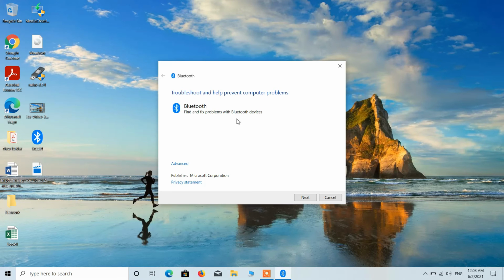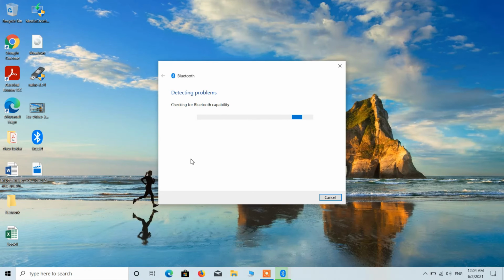So this is a Bluetooth troubleshooter and it will troubleshoot any Bluetooth problem. Just click on the next button. It will automatically detect the Bluetooth problems and fix them also.